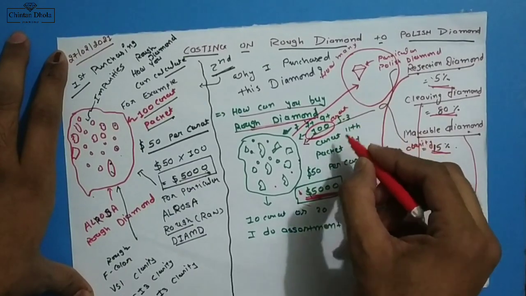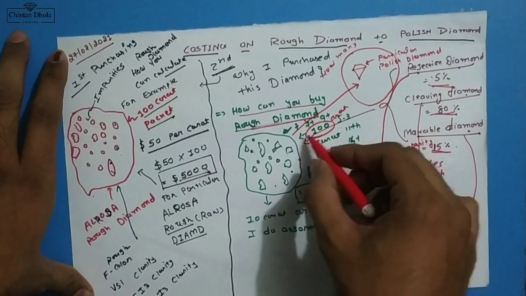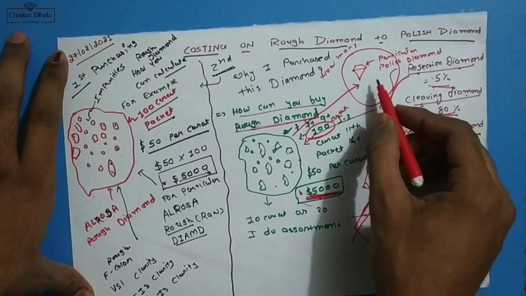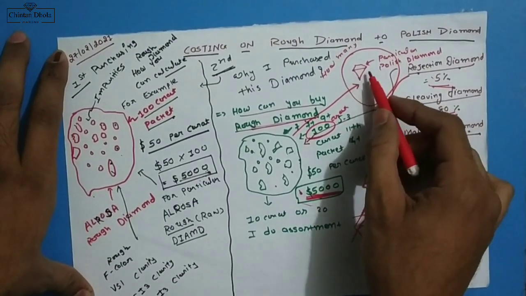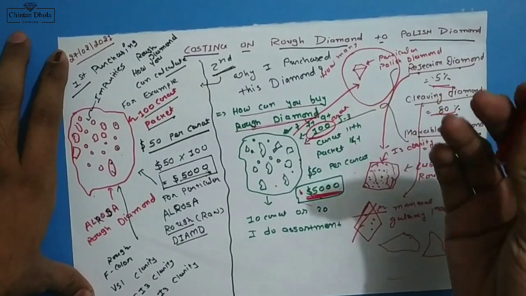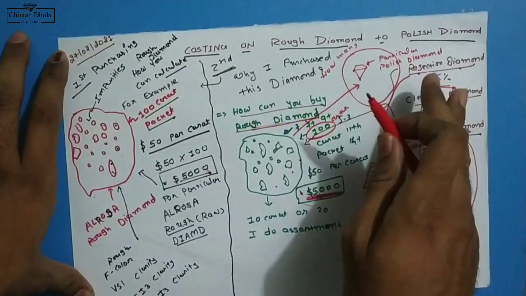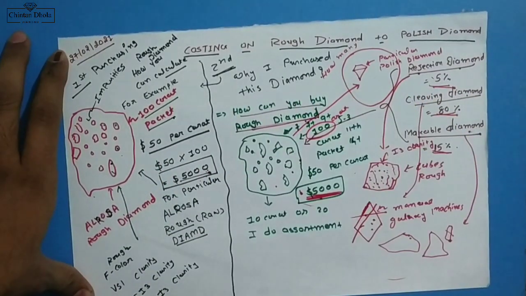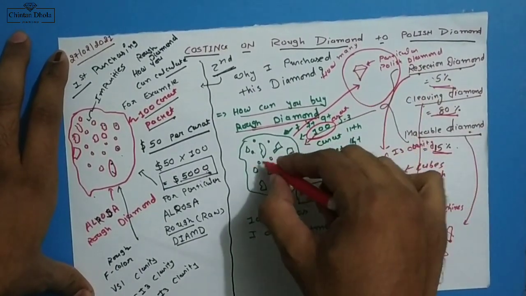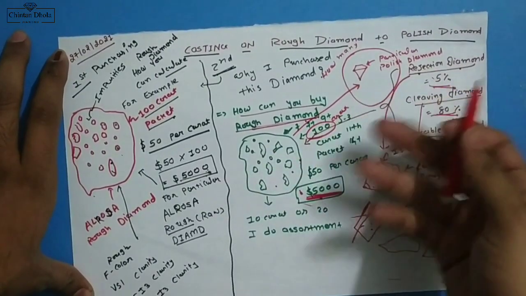Okay, in the next video I will teach you each and everything about how I purchased this 100 carat rough diamond, then what types of process I did on it, and after that how I get precisely polished diamond, and then what is the exact price of that polished diamond I can get from the market and what is my profit from it. Okay, I will teach you, I will tell you, and I will explain to you what is the exact price gain from this rough diamond to polished diamond after selling it. So I will teach you in the next video.